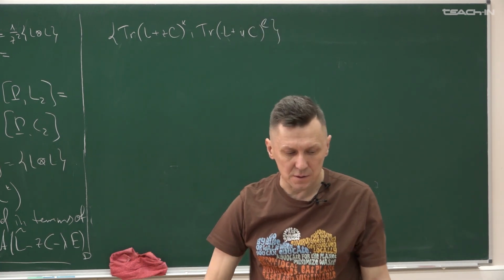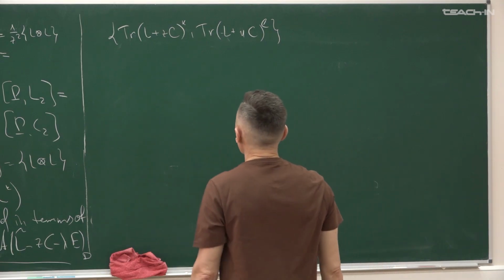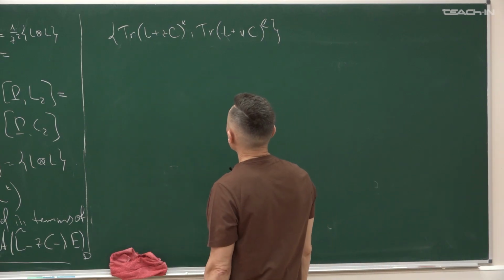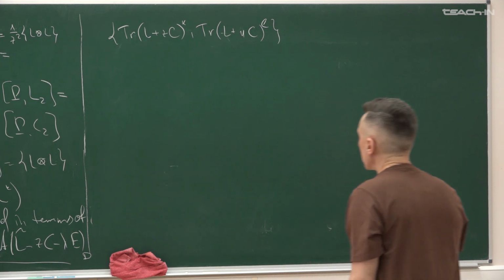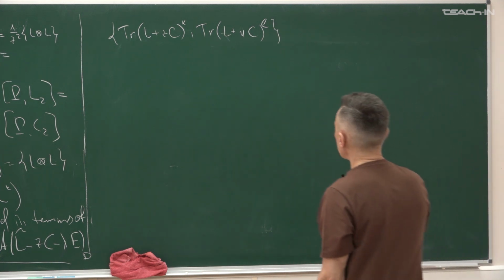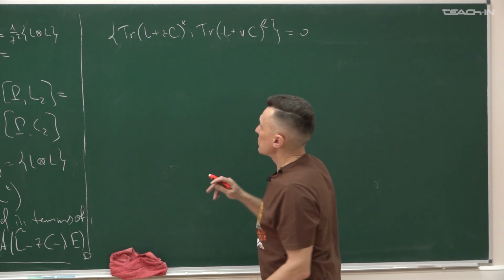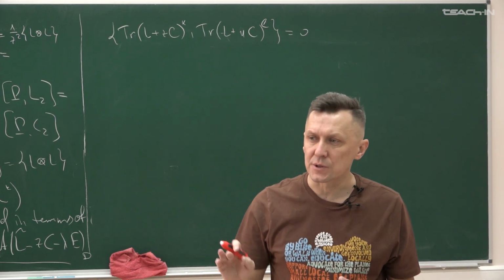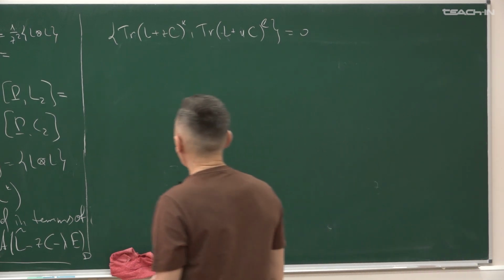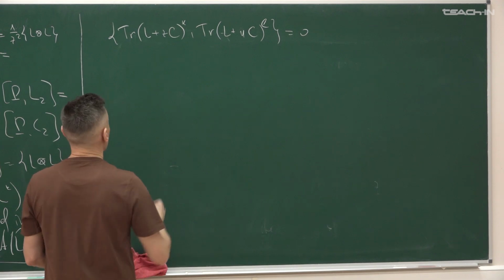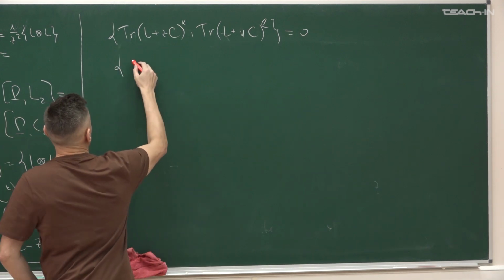Yes, that's true. So I will demonstrate that this is 0, and it will mean that all the coefficients of this series are 0. So first of all, do you remember that